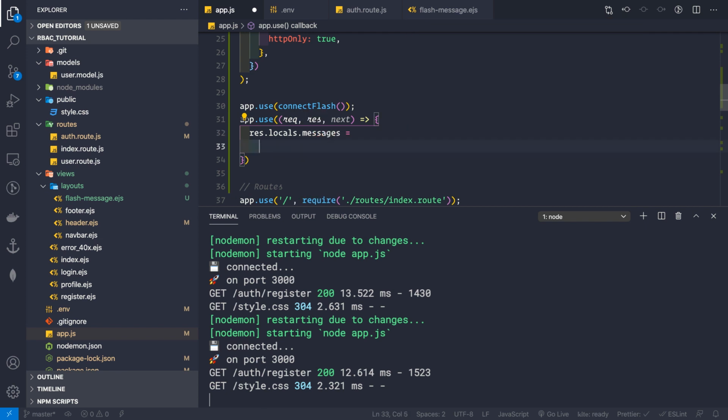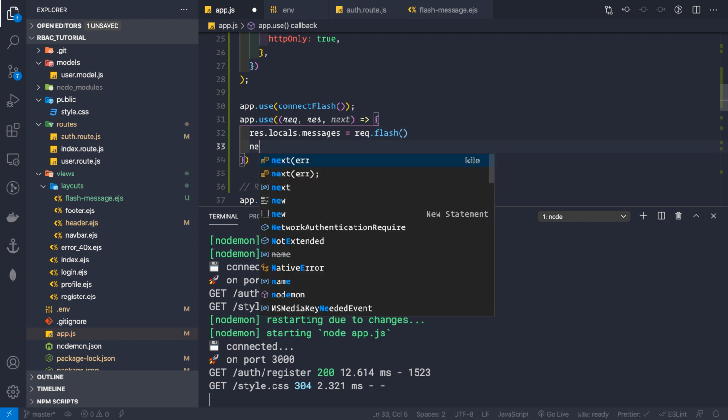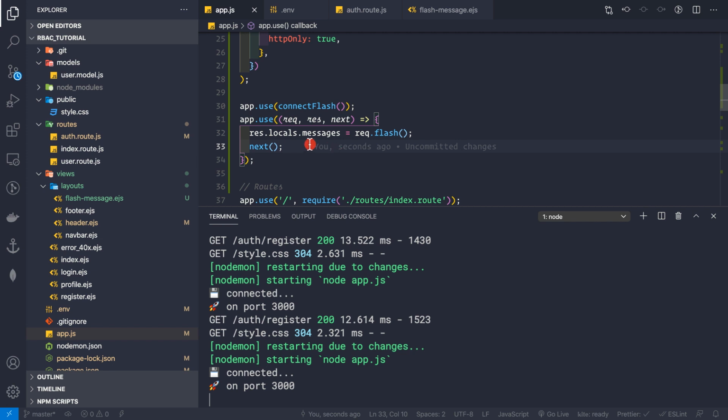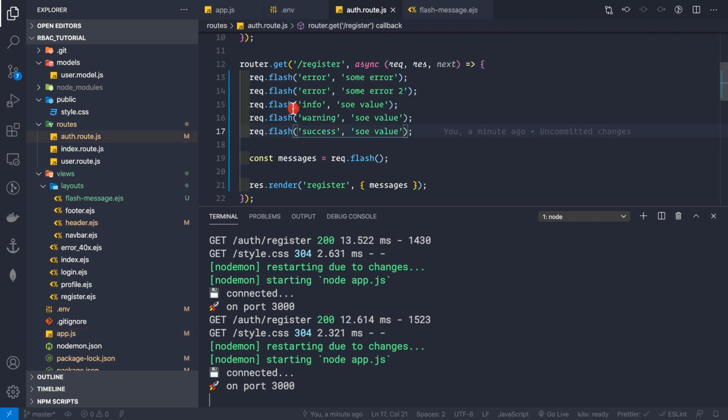And finally, we need to call next, like this. Now let's save this, and now everything should work fine. So let's check this thing here. Let's go to the auth route, and we have these flash messages.